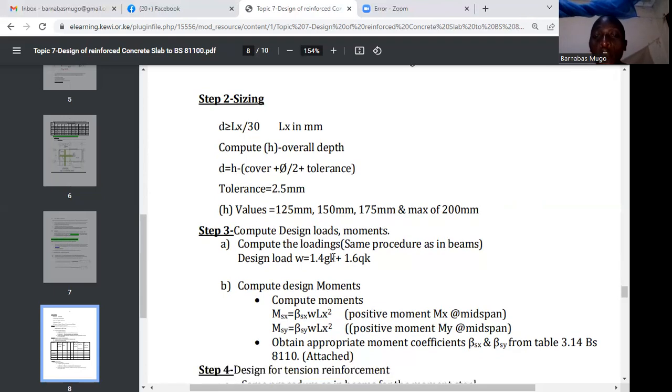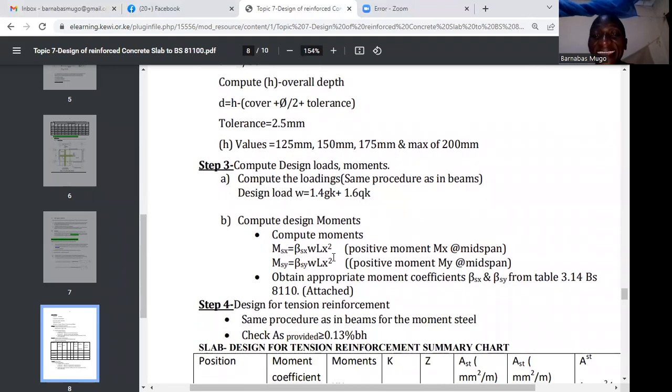Then you need to determine the design moment. In this case, you are determining the moment in the X axis using the first formula, the one that I have highlighted, whereby it is a positive moment